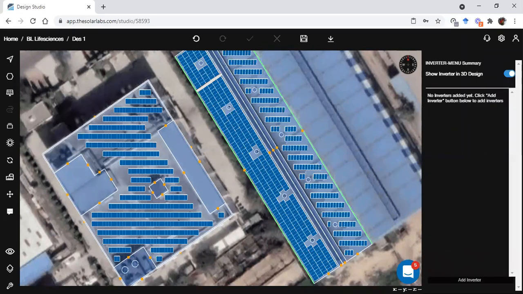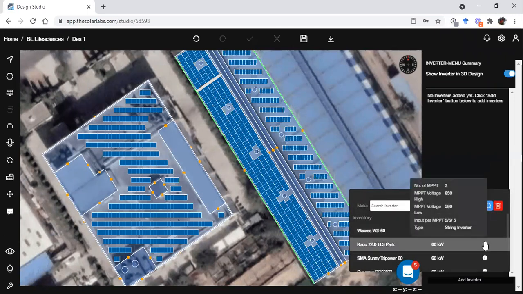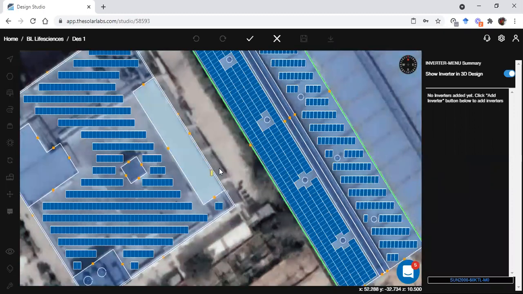So here, I'll select some inverters. Let's say I want to place some 60 kilowatt inverters. I can check all the information about my inverters here, like their number of MPPTs and input per MPPT. Let's say I'll place this inverter.